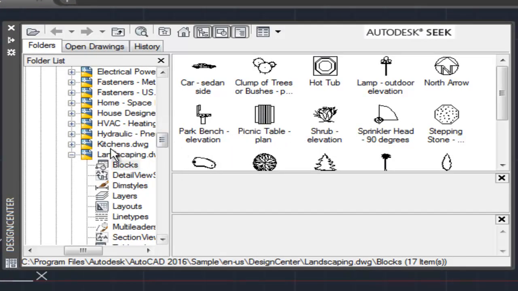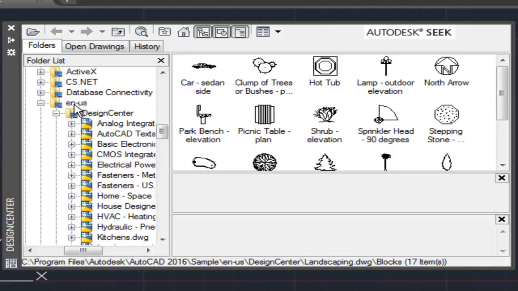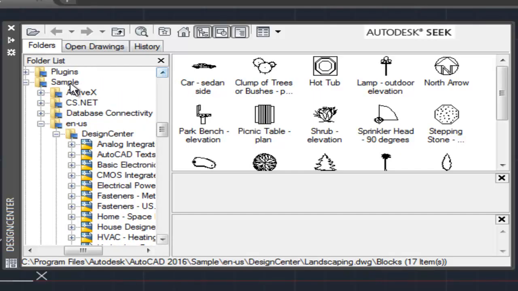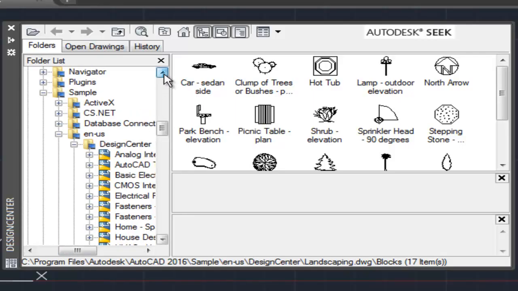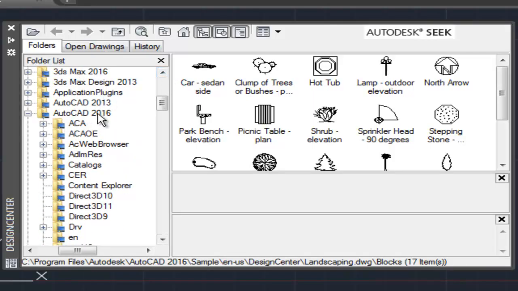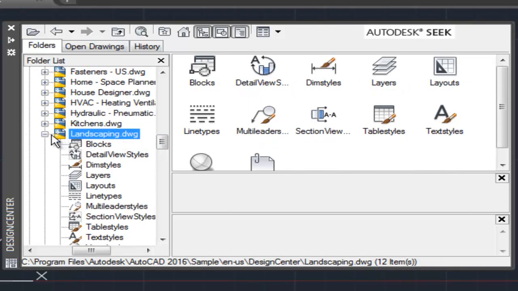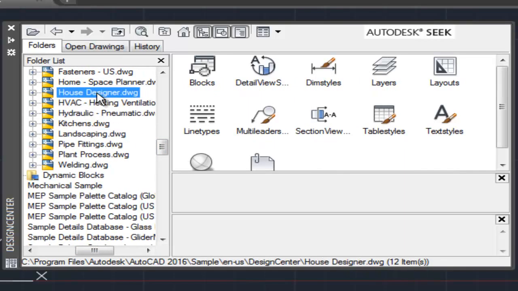So mine is already up, but normally it's going to be in a folder called Design Center, and that folder is found in an en-us folder, which is inside a sample folder, which could be found in the AutoCAD, whatever version you're using, folder on your C drive. So right now I'm in the landscaping block, which I want to go into the house,